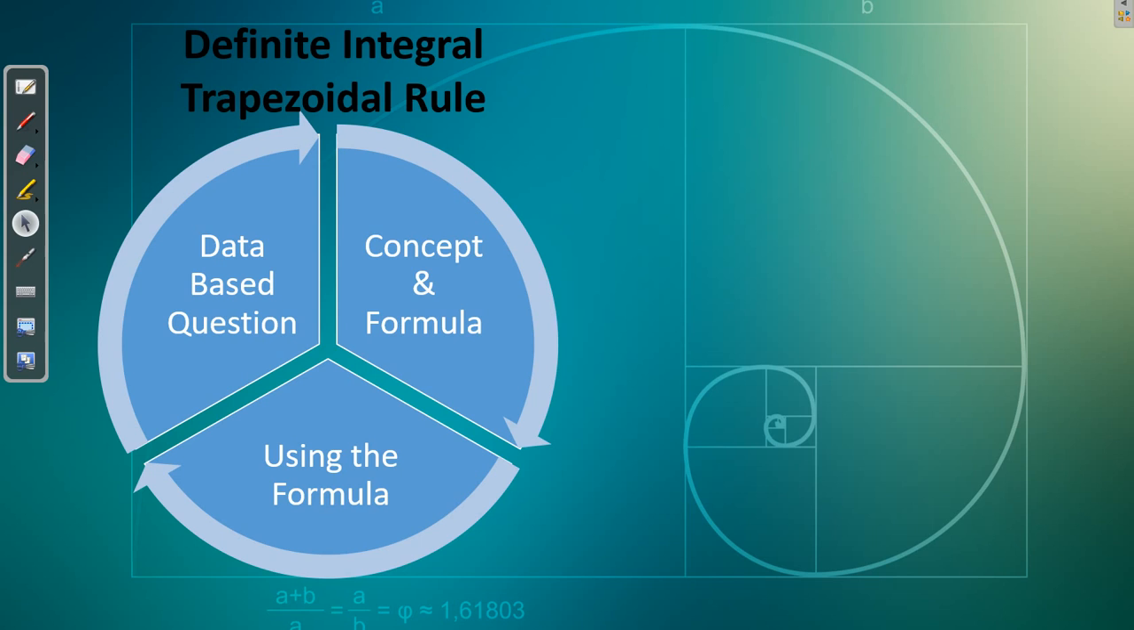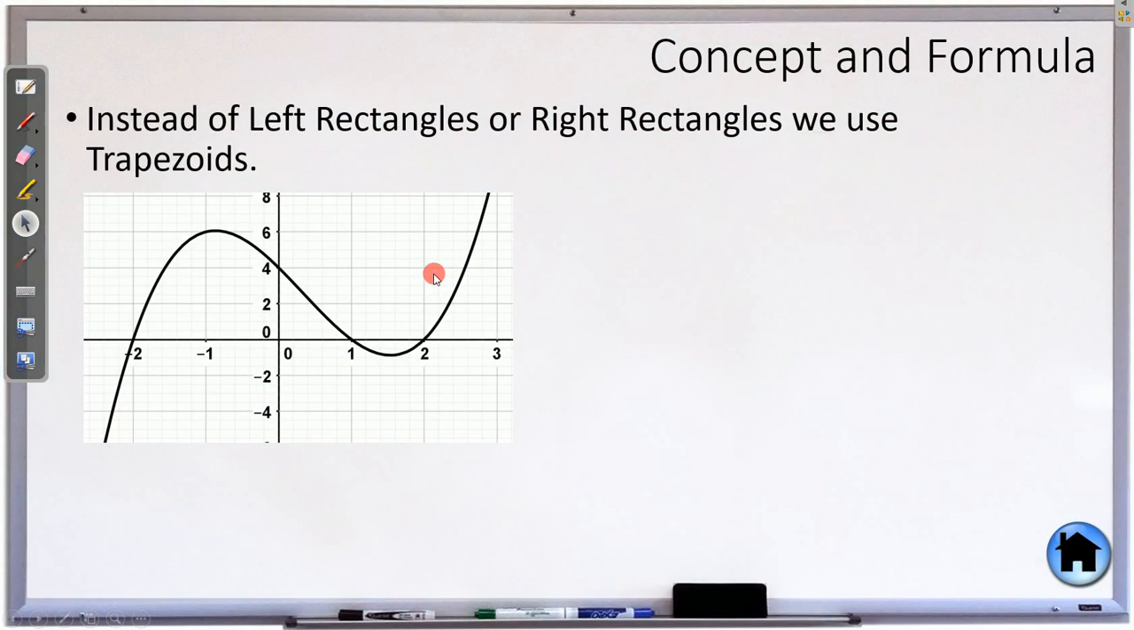Rectangles are cumbersome, it takes too many of them too long. I think we can all agree on that. So there's a better way than rectangles. So instead of left or right rectangles or even midpoints, we're going to use trapezoids. And at first it doesn't sound much better, but if we start taking a look at